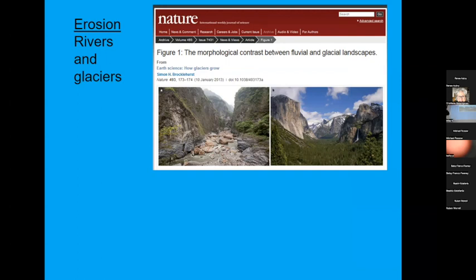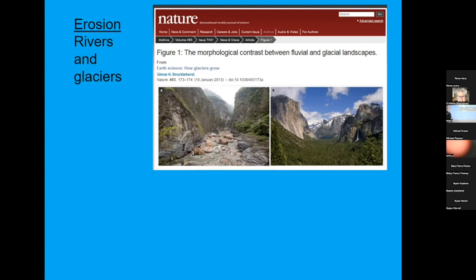But to me, there are the two most important things that cause mountains to erode. Not so much the Appalachians anymore, although it could apply maybe to the Adirondacks or Vermont or New Hampshire. That's rivers and glaciers. They both, due to gravity, once you get the mountains high enough, it's going to rain and they're going to erode. And rivers and glaciers, in terms of flow, they're just going to flow towards the lowest elevation.